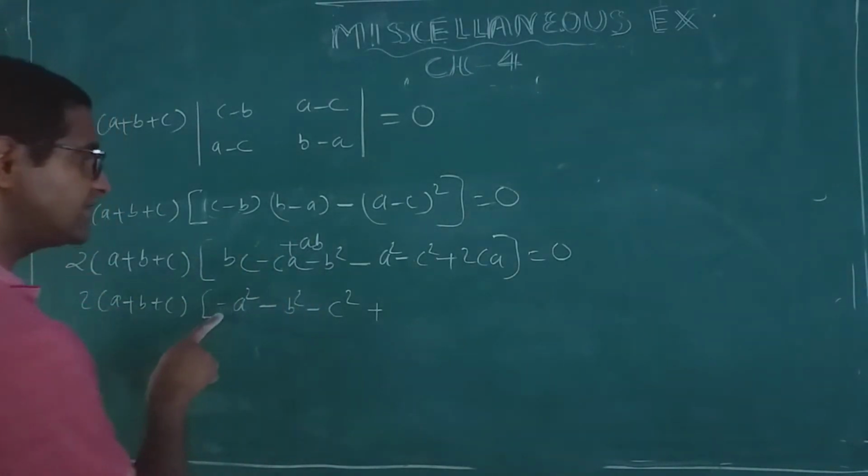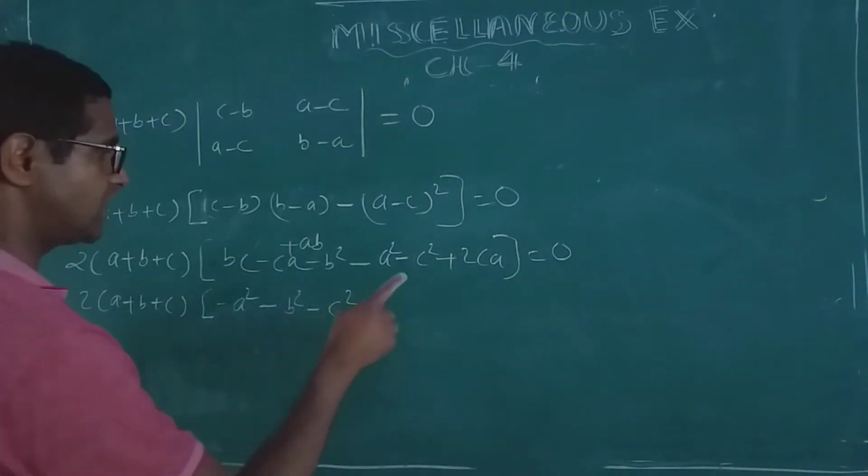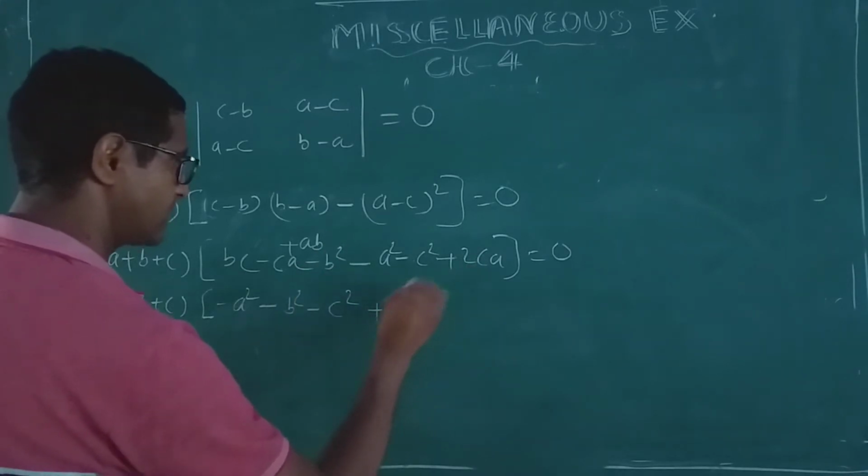So therefore minus A square minus B square minus C square plus AB